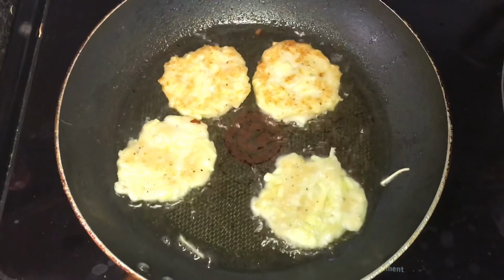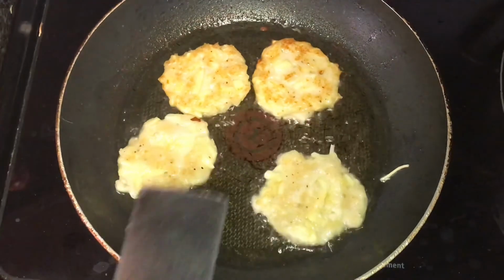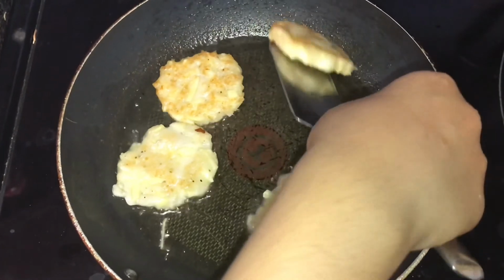Now you can see it's getting golden brown, so if you'd like, you could flip it to see if the other side's golden brown, but it should take time. It's not ready yet, but...